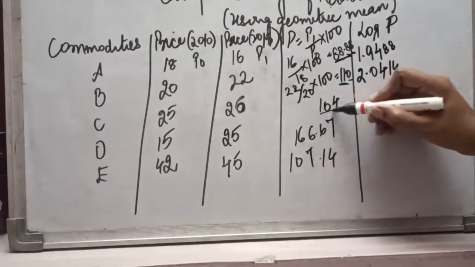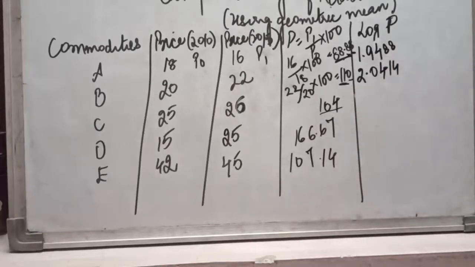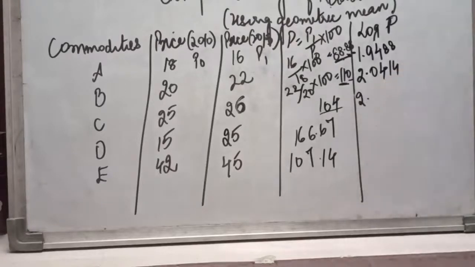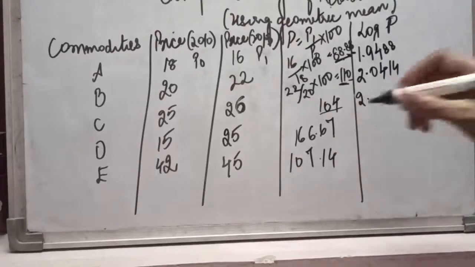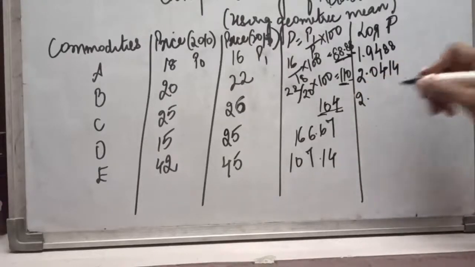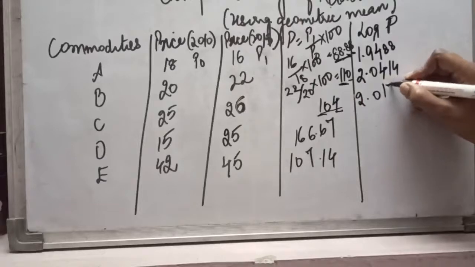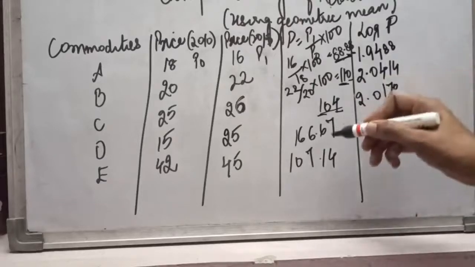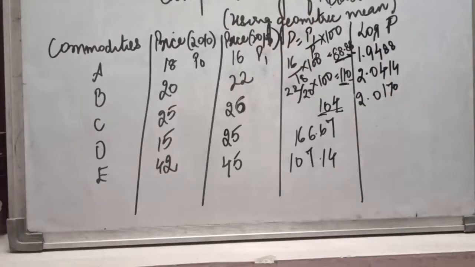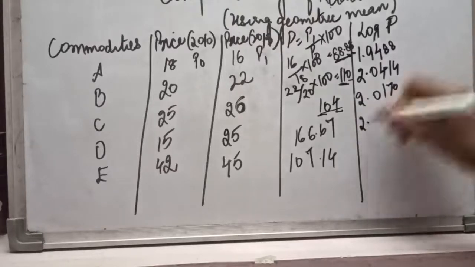Again in the next we have 3 digits. Minus 1, 2. So 2 point. Now I will look at the value of 10 under 4 because 10 will be there in the table. So I will be looking at 10 under 4. So this value is 0170. Now next again points are coming. Before points I have 3 digits. I will be deducting 1. 3 minus 1 is 2. So I will write 2 point.